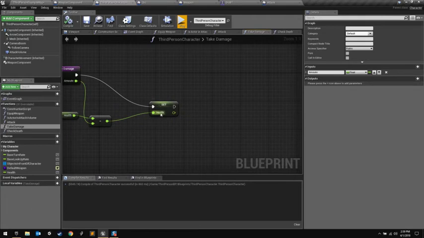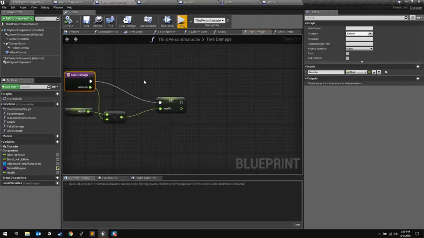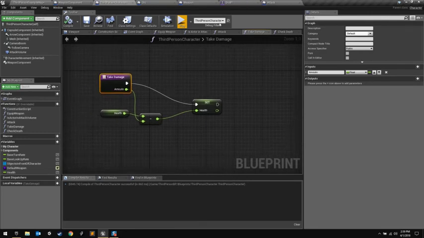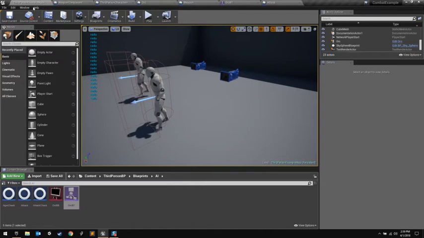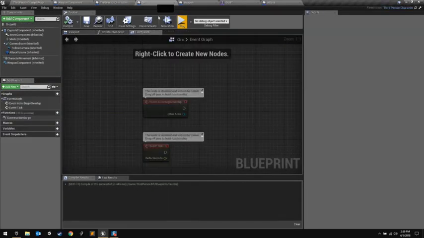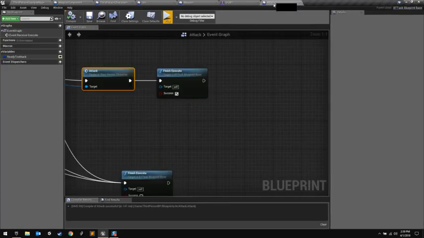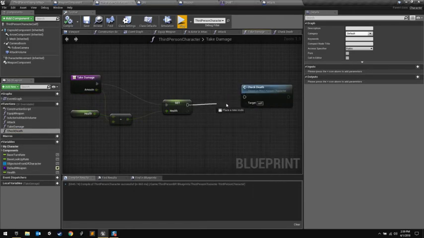All right. It took me a while to figure out. There were a couple issues that are preventing the attack from happening. First of all, one issue was that the orc had a begin play node in here, and it was overriding the begin play node from its superclass, the third person character. So I just got rid of that. And then the other problem is that when our third person character takes damage, we were no longer calling check death. So if I drop check death in here,